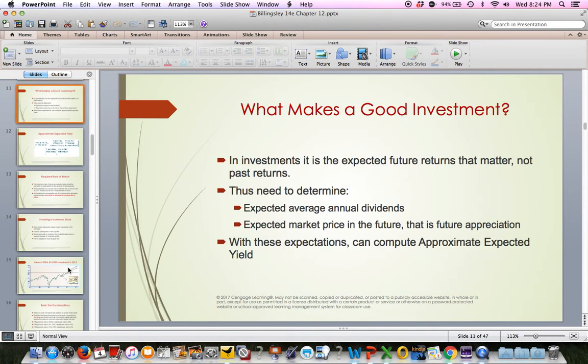So what makes a good investment? Basically something that will get you the expected return. Okay, you buy an investment based on expected future returns. You kind of have to look at the past to judge the future, but you make an investment expecting to receive something. You expect to receive dividends or interest or some kind of price appreciation. Okay, now what you expect and what actually happens don't always work out because the expectation implies future, and none of us can predict the future clearly.